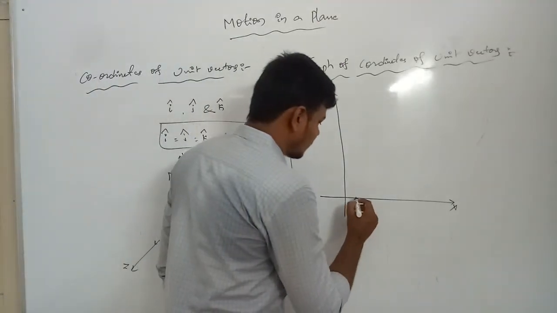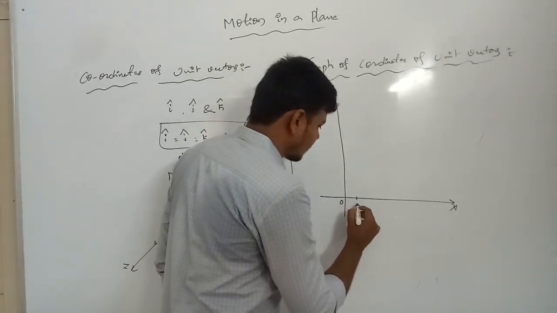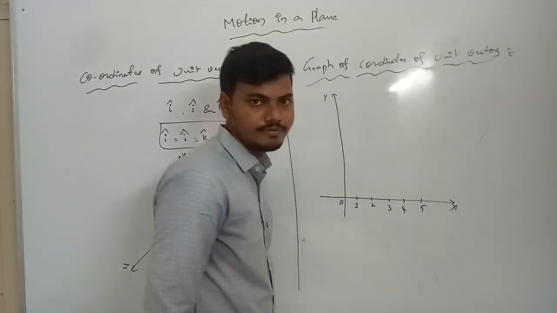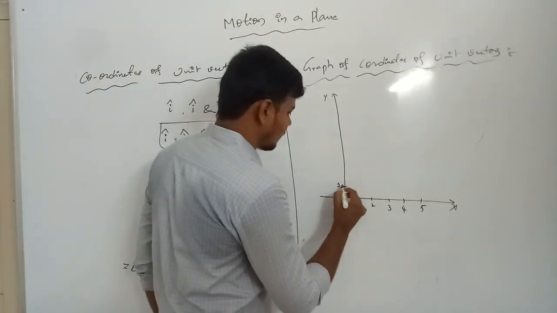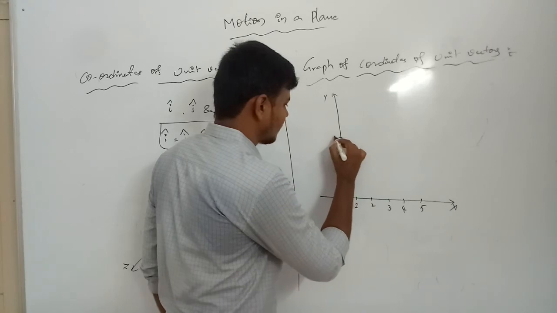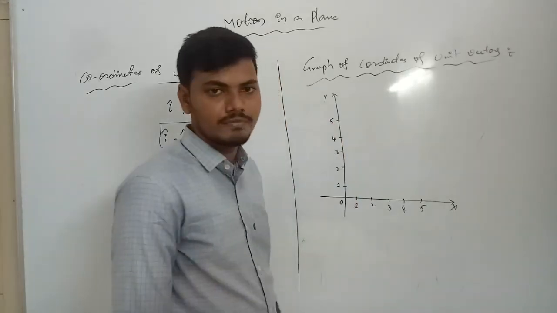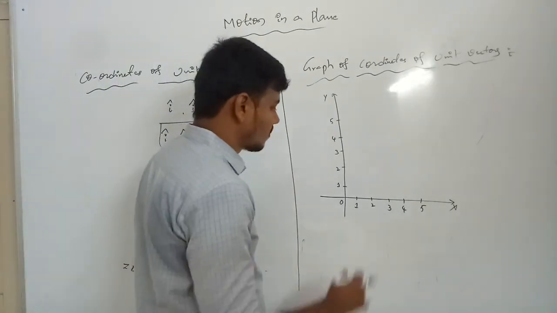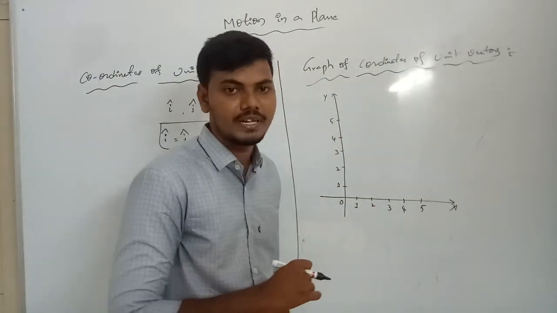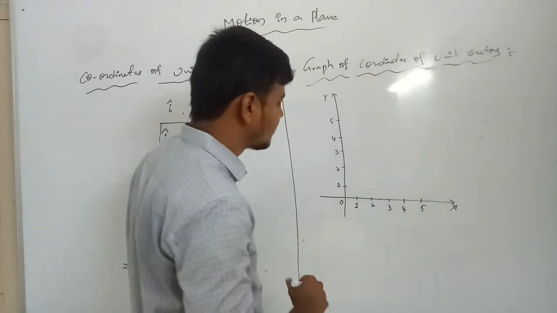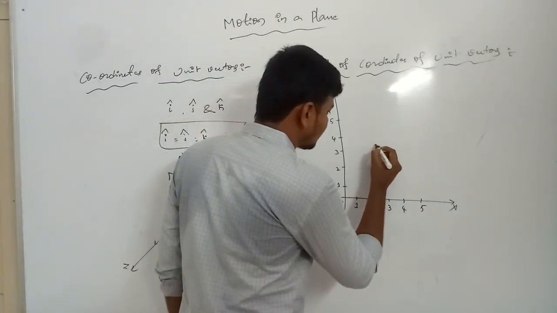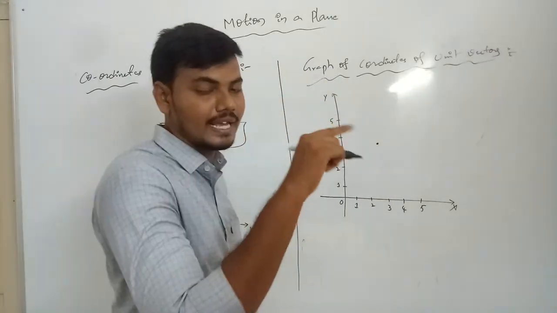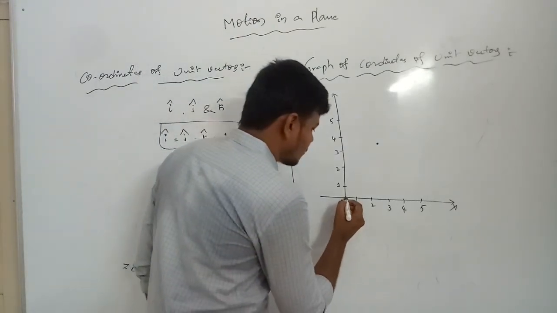For example, 0 is the origin point, then 1, 2, 3, 4, 5 on each axis. The origin point we can introduce as the first point of the diagonal. The diagonal is very important. Now which diagonal do we take? From the origin to the first position of the point. For example, this is the position of the point, which is introduced for the a vector. Now this one is a vector.